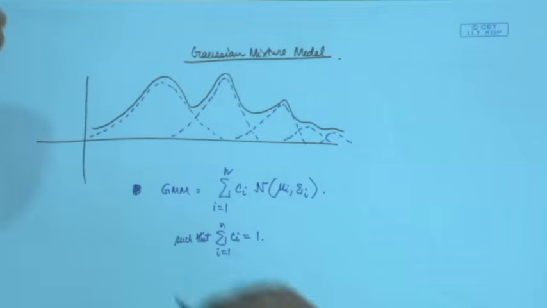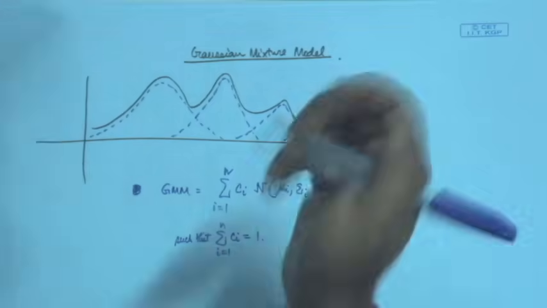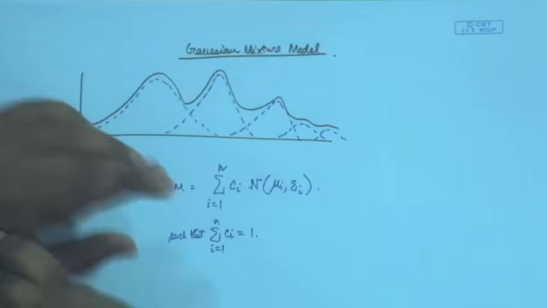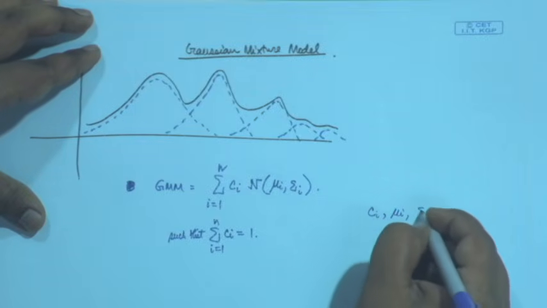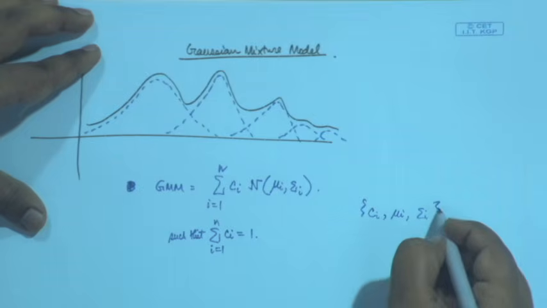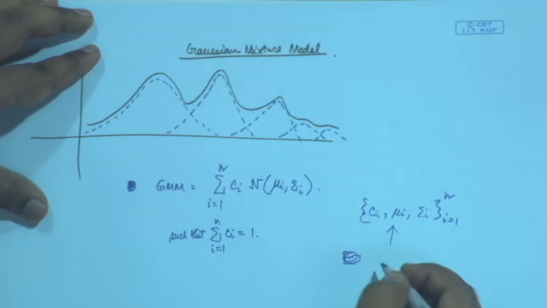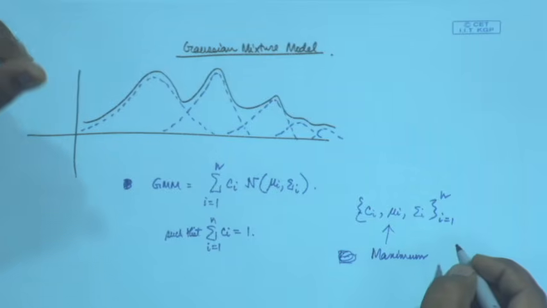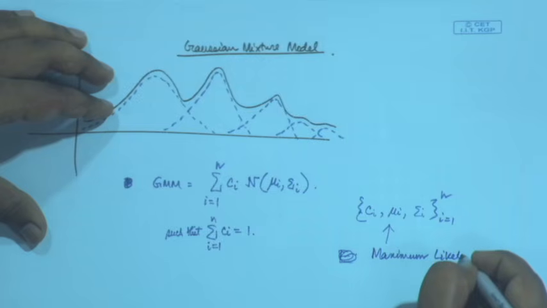This is the model of probability, and you are going to fit this to the target distribution. For fitting it, you have to find the values for these parameters Ci, mu i and sigma i, all n of them. And how do you find these parameters? You find the parameters through maximum likelihood estimation. You could do MAP, maximum a posteriori probability estimation, as well, but commonly we use maximum likelihood estimation,